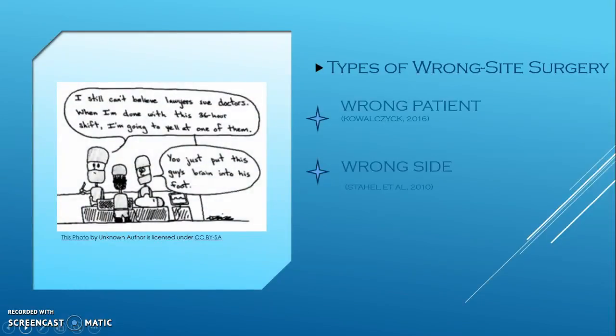Types of wrong site surgery are categorized into wrong patient and wrong site. An esteemed group of highly knowledgeable doctors initiated a meticulous study called the Analysis of a Prospective Database of Physician Self-Reported Occurrences. The intended purpose of this study was to determine the frequency, root cause, and outcome of wrong site